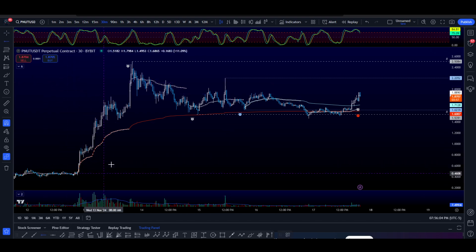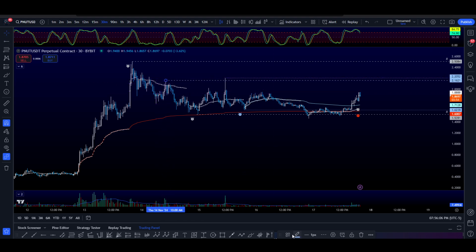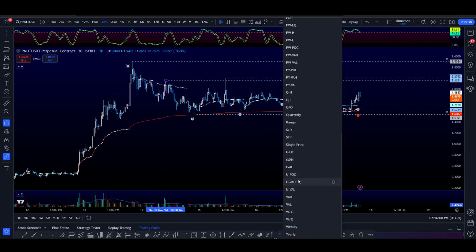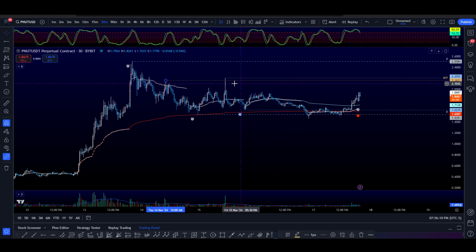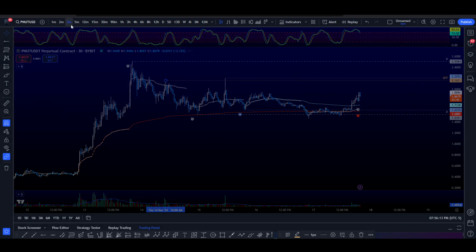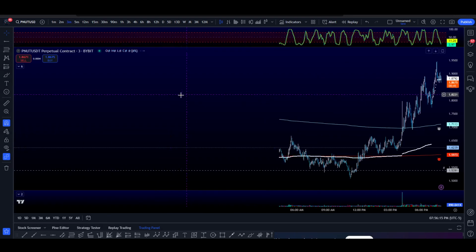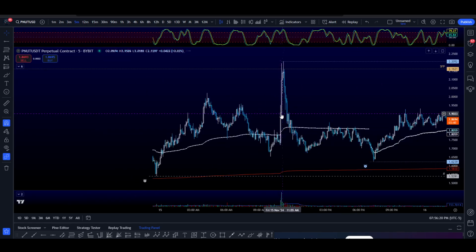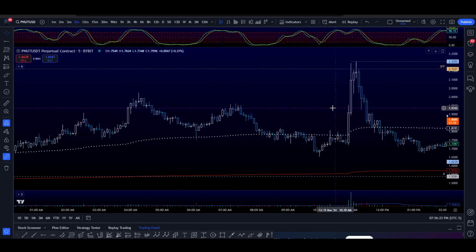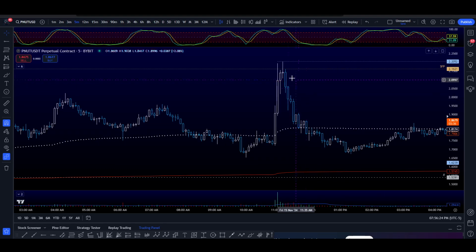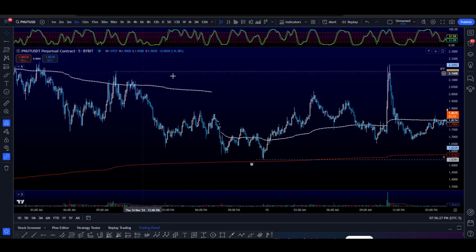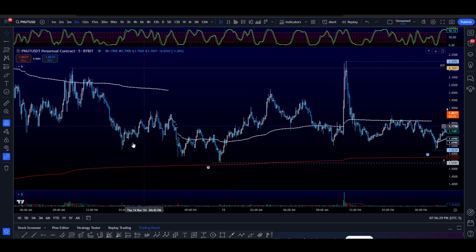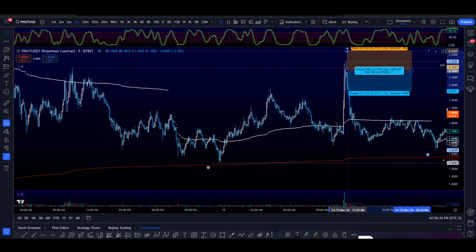So let's just say we were to use this pivot high right here as a swing failure pattern, right? So price, let's just go to 5 minute. So price came up with a massive impulse to the highs, right? Sweeping the liquidity of this high. Now you could have taken the short if you just wanted to do a typical swing failure short, right? Maybe you enter right here, stop above the high,